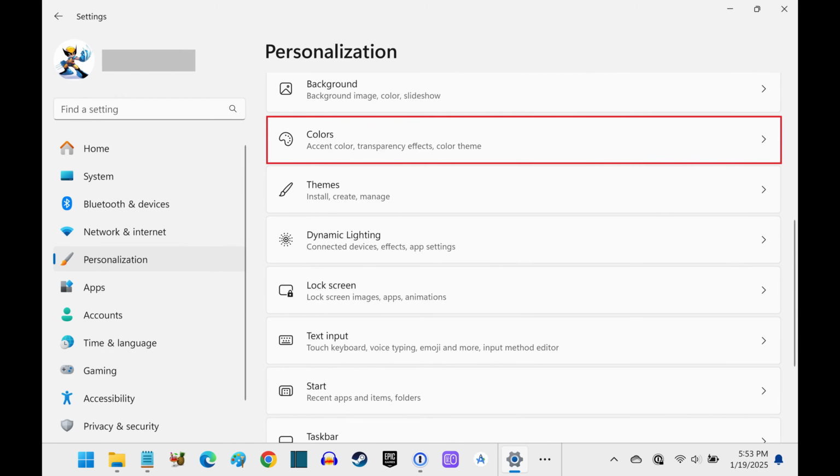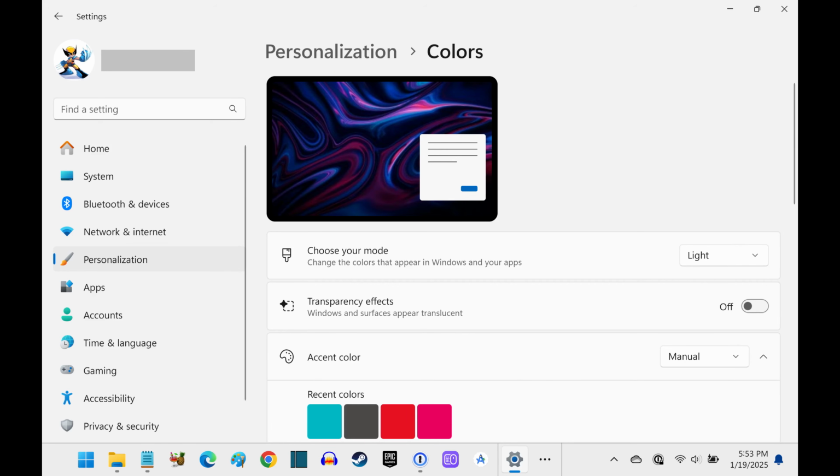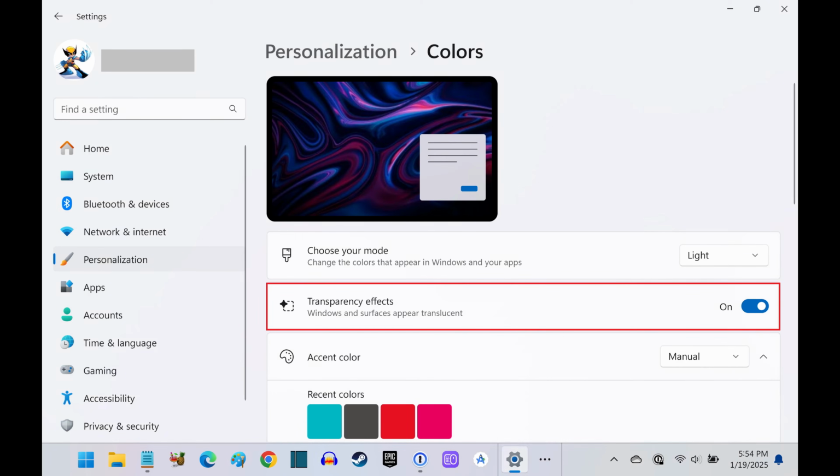Step 3. Click Colors. The Colors menu opens. Step 4. Click to toggle on Transparency Effects. Your Windows 11 taskbar will now be transparent and translucent along with all of the other surfaces in your Windows